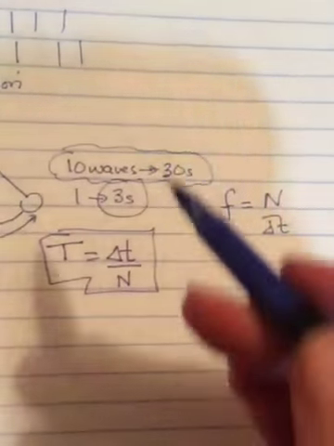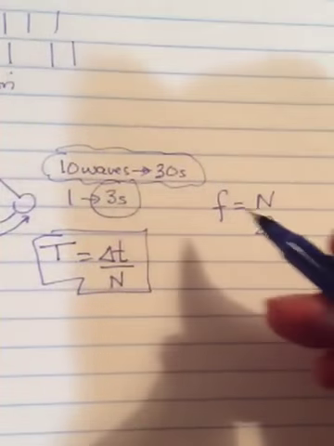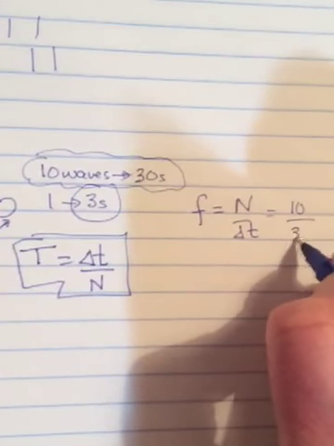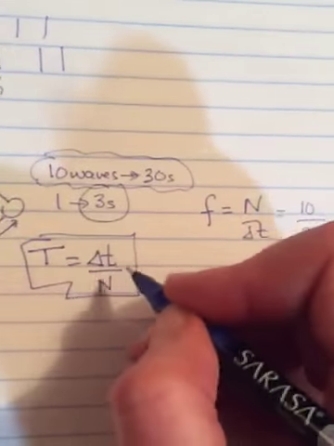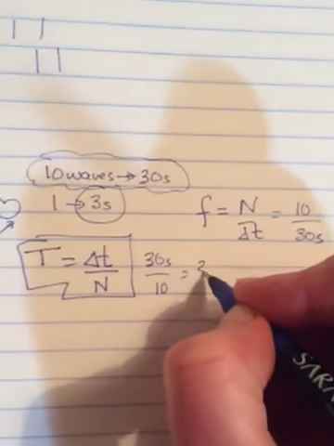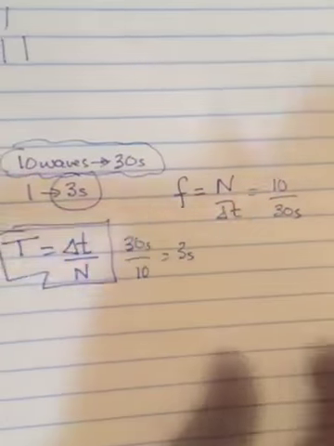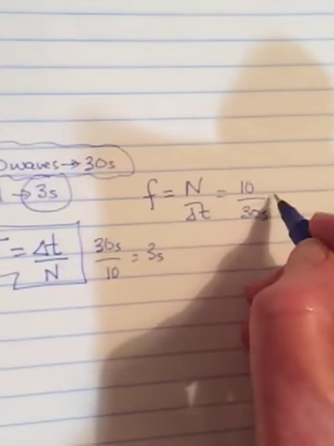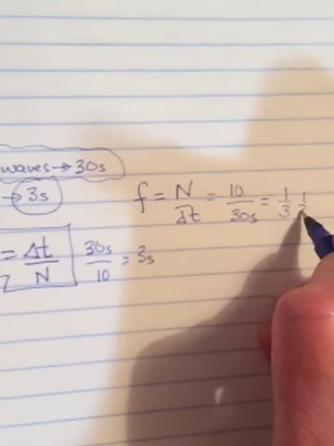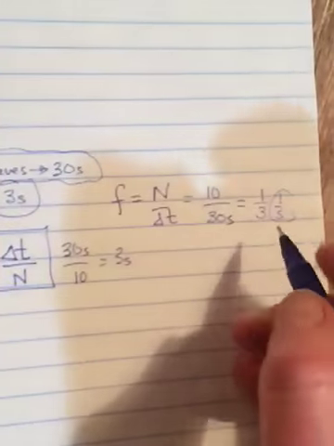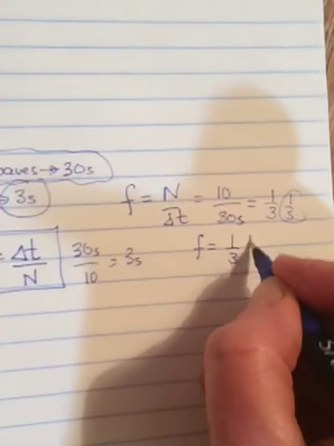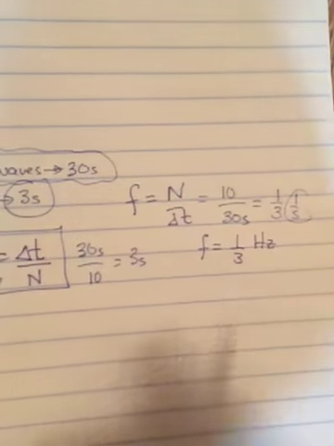So our frequency here would be 1/3, right? It would be 10 waves over 30 seconds. The 10 doesn't have any unit on it. Here it would have been 30 seconds over 10, and we would get 3 seconds for our period. But here it's 10 over 30, so we get 1/3, and the unit would be 1/seconds. And we don't tend to use that unit. Instead, we rename it, and we call it a hertz. And I know you would have heard of hertz